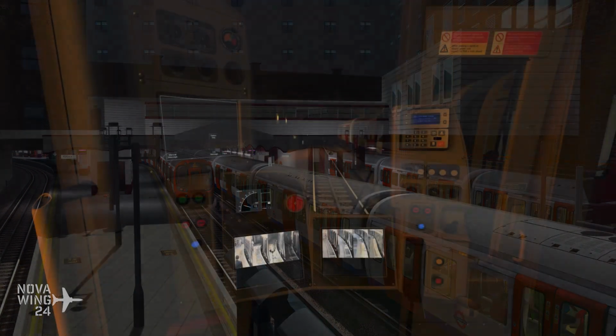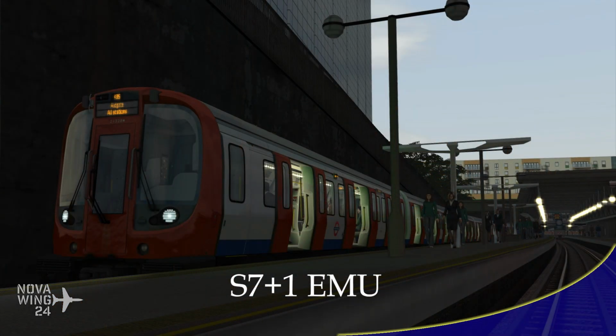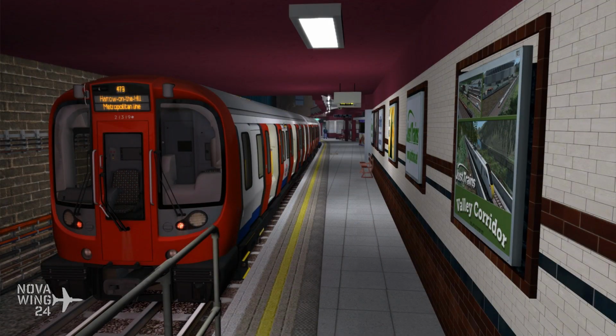In the other matching release that came out this week, also from developer Just Trains, was for the London Underground S7 Plus 1 EMU add-on. So this is, as they call it, the state-of-the-art commuter attraction in the form of Just Trains' stylish London Underground S7 Plus 1. So this was a train that was brought into service on the underground routes towards the end